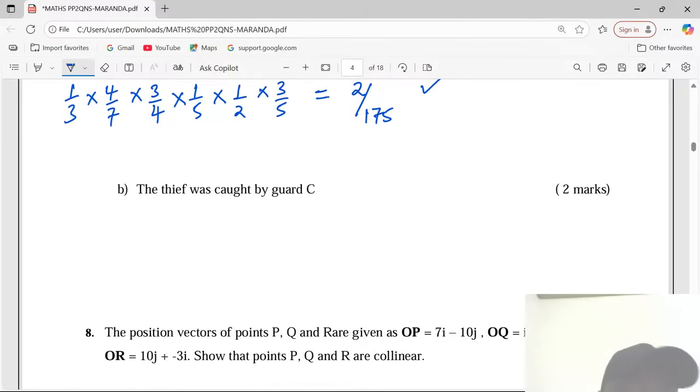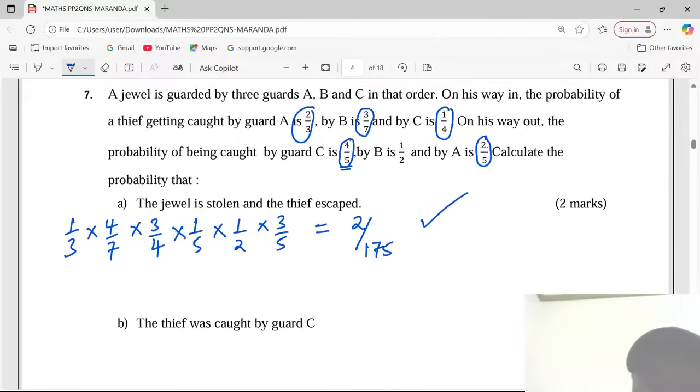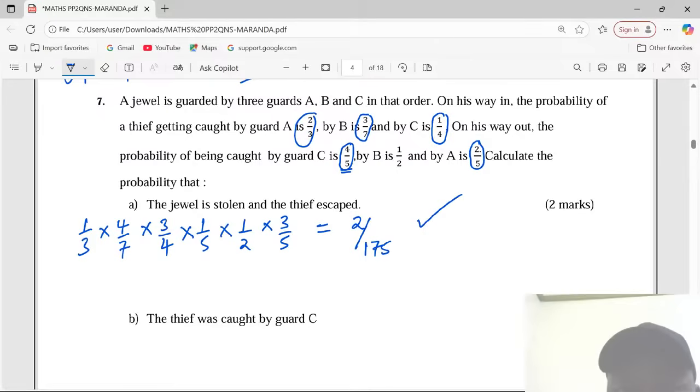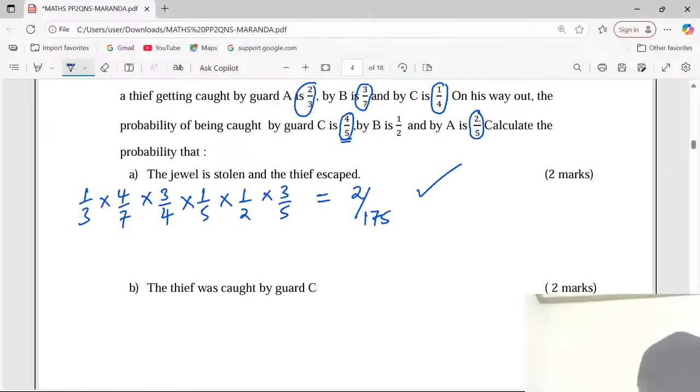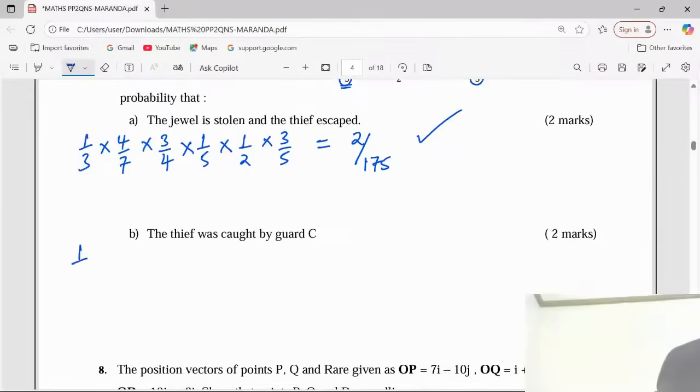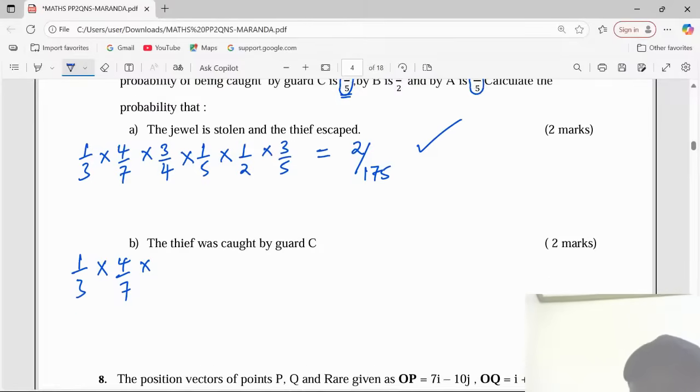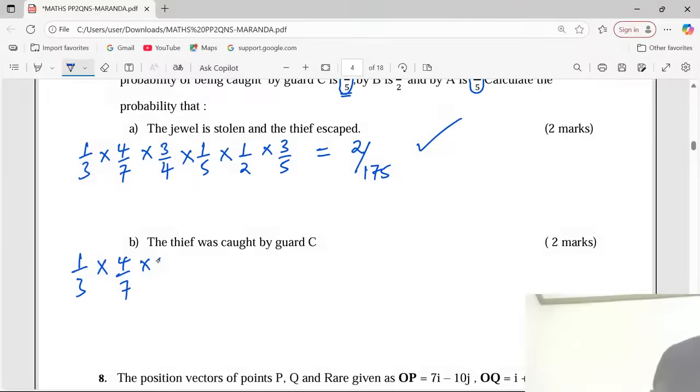The thief was caught by guard C. You know, there are many chances of being caught by C. So being caught by C, it means this thief passes A, 1/3, passing B, 4/7, but gets caught by C. So the probability of C catching him is on the way in. Or this thief can be caught by C on the way back, such that